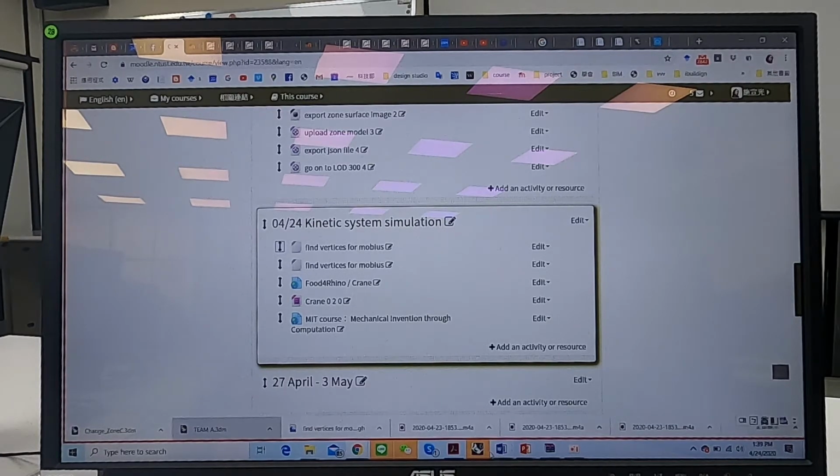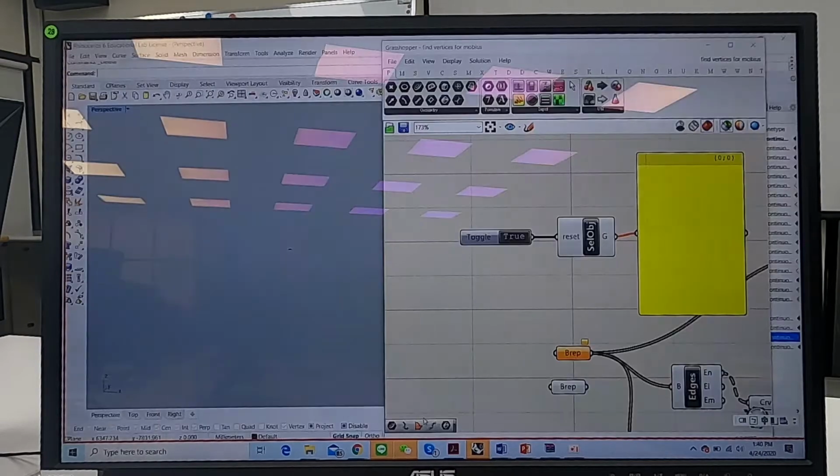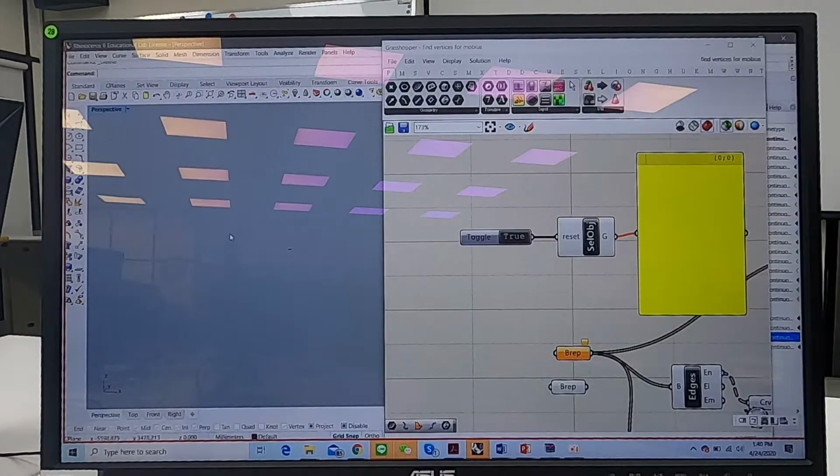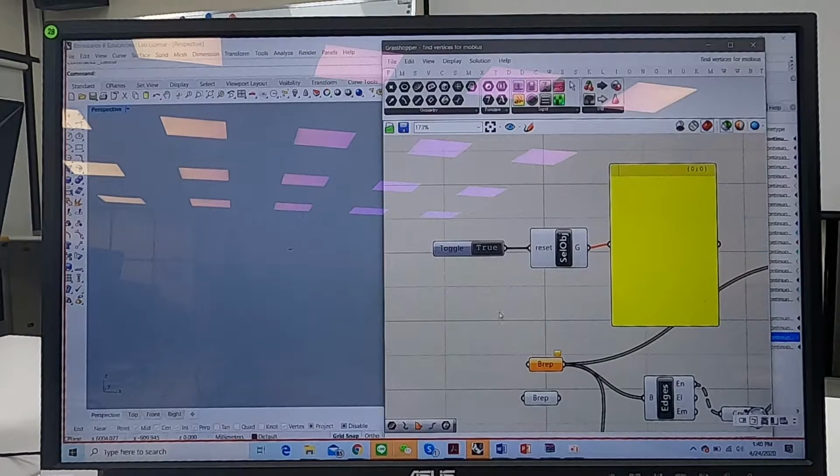And I want you to start from scratch. So you start from an empty Rhino file. Right? This is an empty Rhino file. And if you open this Grasshopper file,